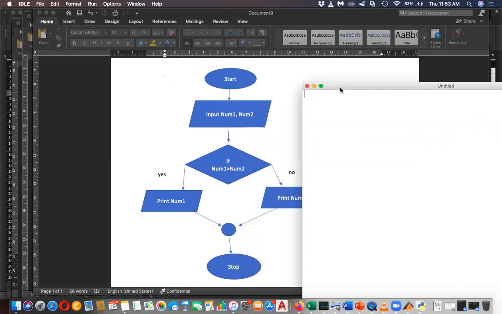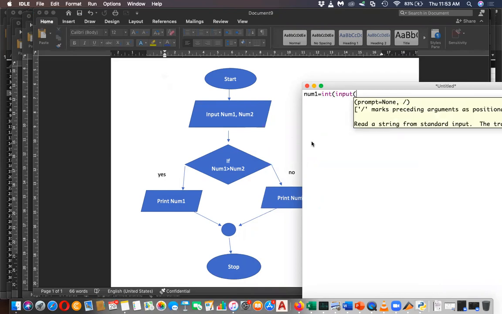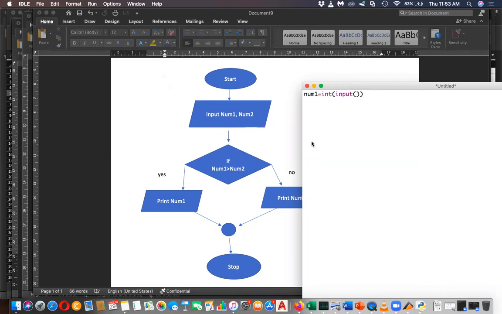So let's input number 1 and number 2. Number 1 is equivalent to an integer input. Say, enter number 1. Similar to that, you can get number 2. Enter number 2. Then you can say